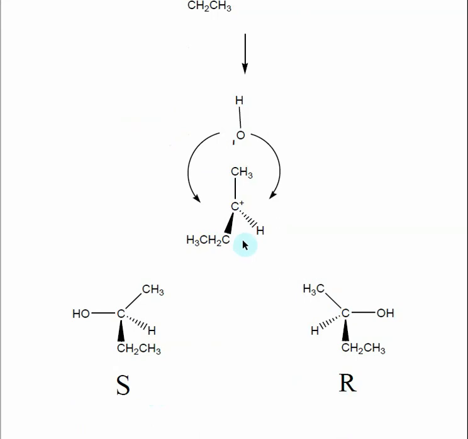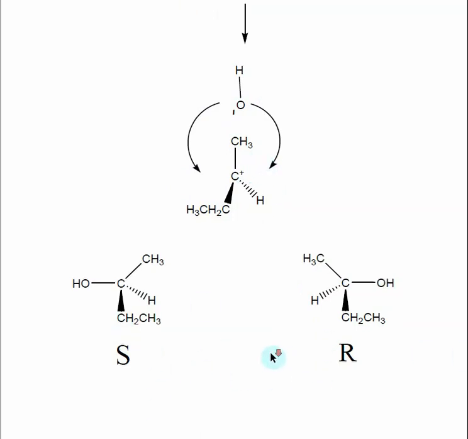Remember, to have a stereocenter, I need a carbon with four different things attached. Well, I have a carbon with three different things attached to it, so there is no stereochemistry. The incoming nucleophile has a 50-50 chance of attacking one side or the other, and so we end up making 50% R and 50% S, which is a racemic